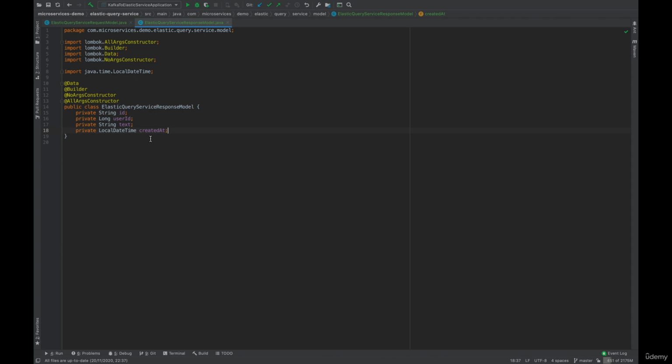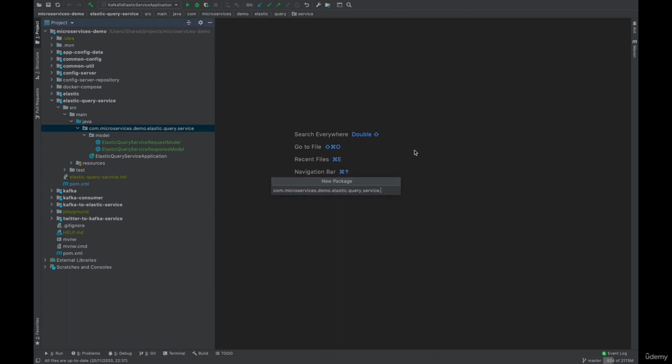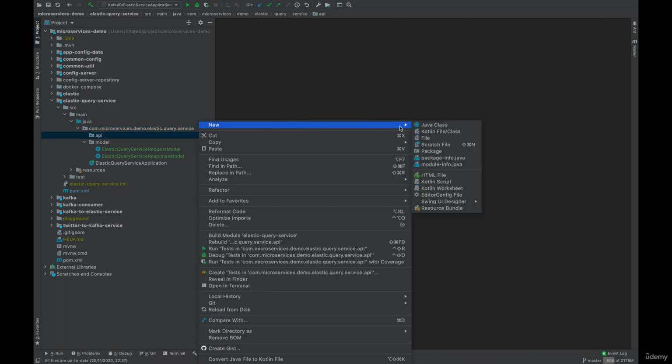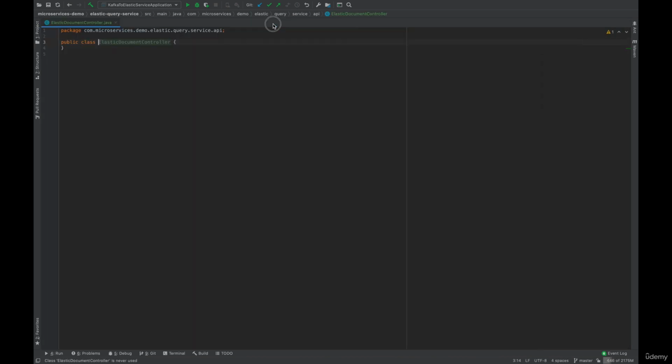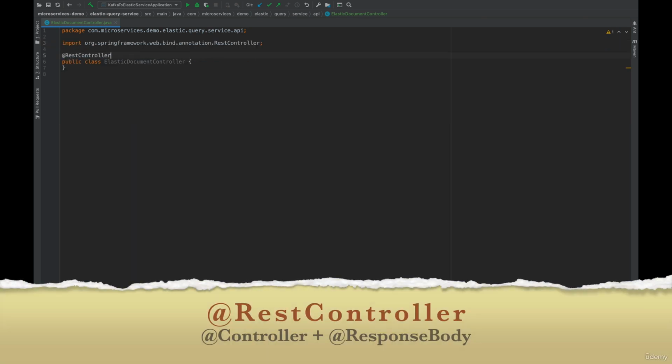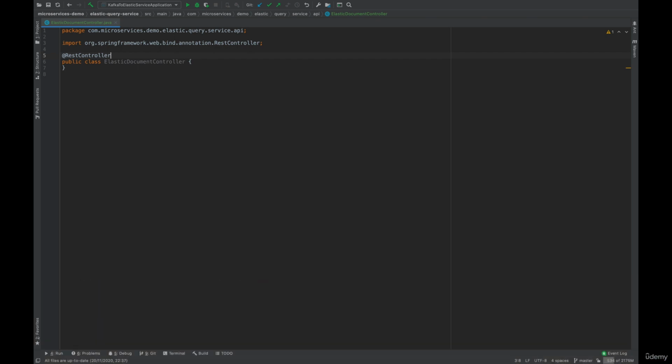Let's then add a package api and then add the ElasticDocumentController class, which will be the class where I will write our REST API. I will annotate this class with the RestController annotation. This annotation is a special controller annotation, and it includes the ResponseBody annotation and simplifies coding. I will still put the ResponseBody annotation for the methods to show the usage here. But keep in mind that you don't need to put the ResponseBody annotation in case you use the RestController annotation